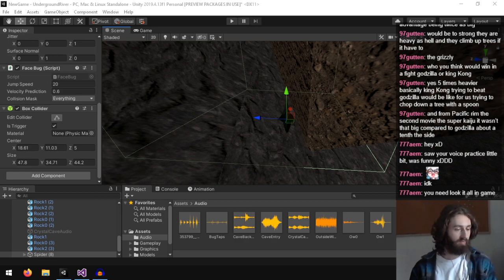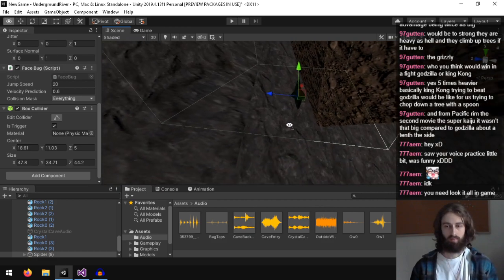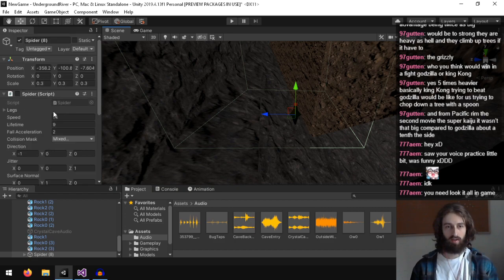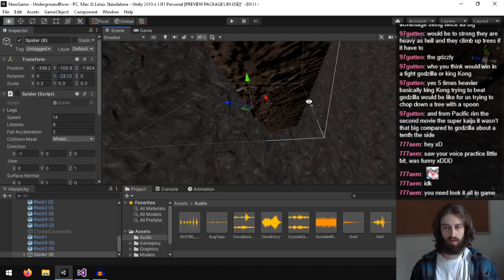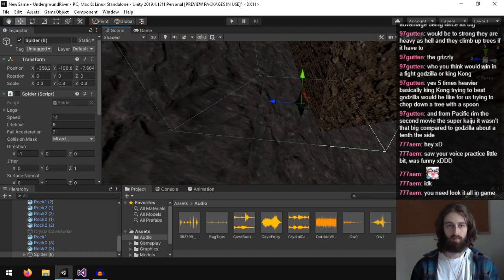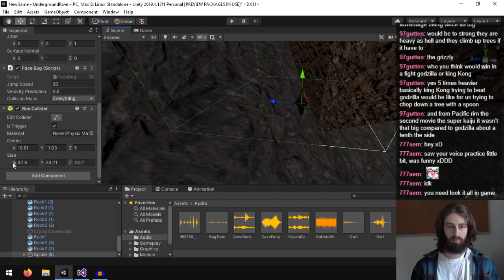Damn. I don't think there's an easy way to do that. So I guess I could rotate this to be like the angle. Whatever. Let's just try to place the box collider with it right here.